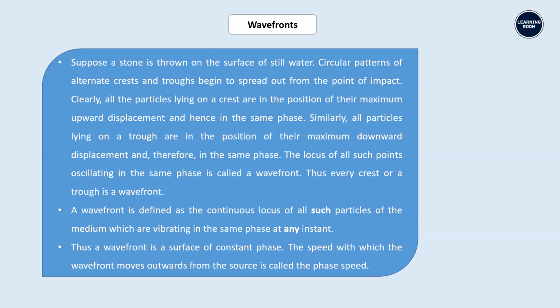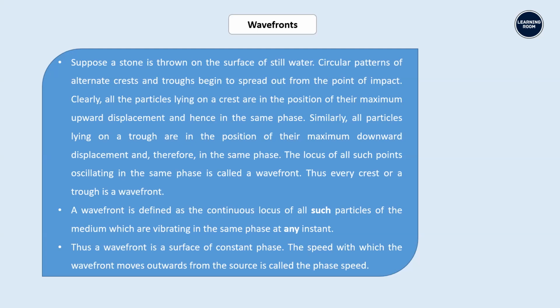If you see, what is the main objective of a wave in the first place? Why do we need a wave? So a wave's main purpose is to transmit energy from one point to another. You can do it either by making it travel in the form of a longitudinal wave or a transverse wave, depending on how you are going to vibrate the particle or how it is happening naturally. That's a different story. But from a wholesome perspective, energy is getting transmitted from one point to another by creating some source of disturbance. So a wave is basically a disturbance that carries or transmits energy from one point to another in the form of propagation. Right? So suppose a stone is